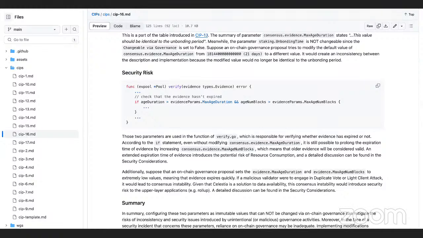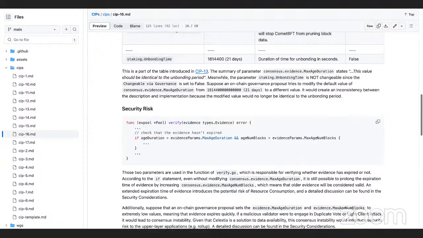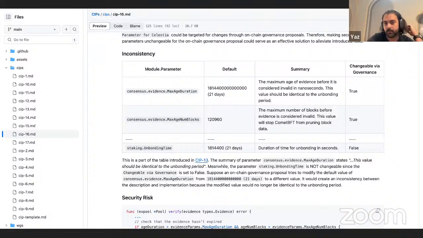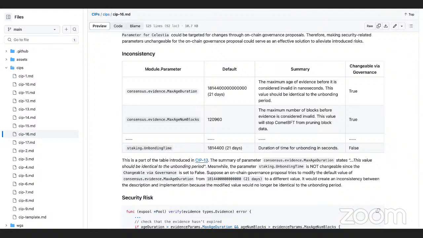Currently the max age num blocks is set based on an expected block time of, I think, 15 seconds. The blocks are coming a little bit faster, so that instead of being 21 days, it's actually more like 18 or something. So it's just something we might want to fix before making those non-changeable by governance.